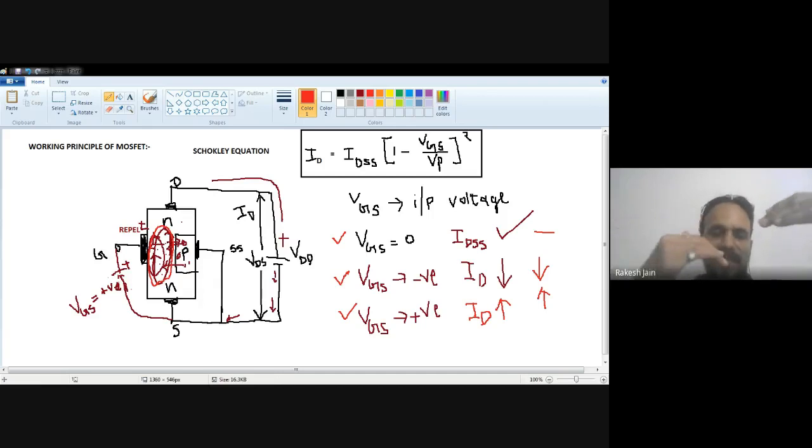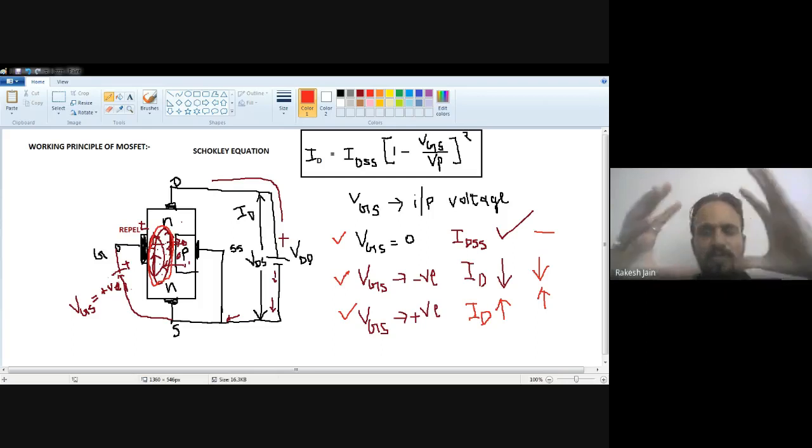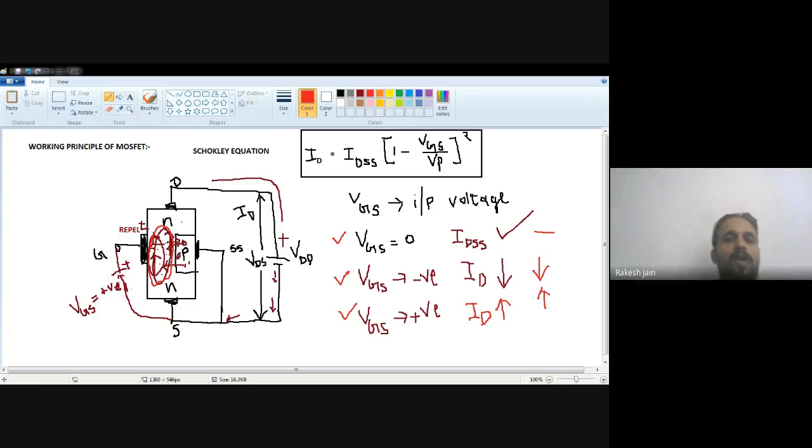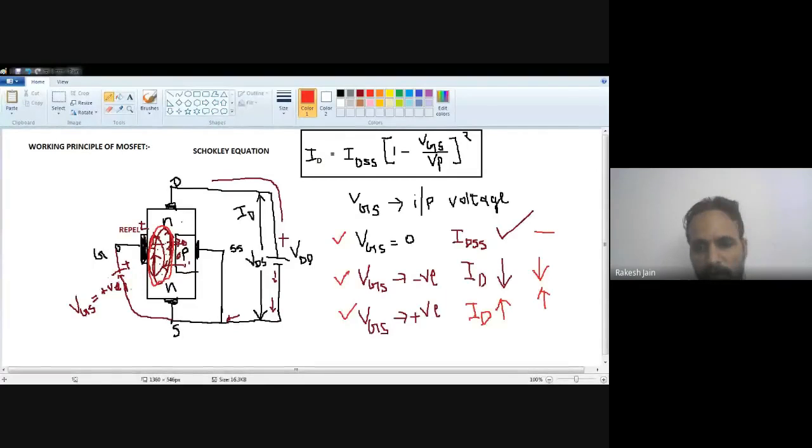Depletion, meaning a decrease in the charge carriers, means a decrease in the output current, and enhancement, an increase in the charge carriers, means an increase in the output current. Both happen in the same kind of MOSFET when we just change the applied input voltage. So this MOSFET is known as a depletion as well as enhancement type MOSFET. I hope that with the help of this theoretical analysis, you understand the working principle and construction of the MOSFET.